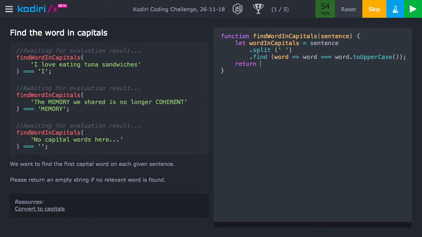So you want it to return the word in capitals or an empty string, I think it is. So word in capitals, or I don't know where your lines are. Oh, there. No space between